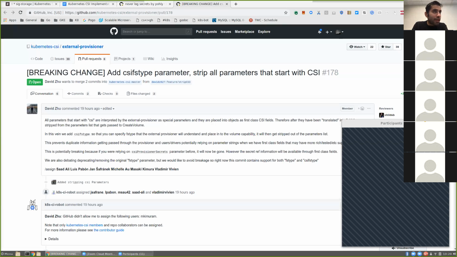What I'm worried about is that instead of changing just FS type, we're also changing CSI, all the secret stuff. And in 2 releases, when we say those CSI fields are deprecated, we're much more likely to have more issues because we're deprecating more fields. I don't know.